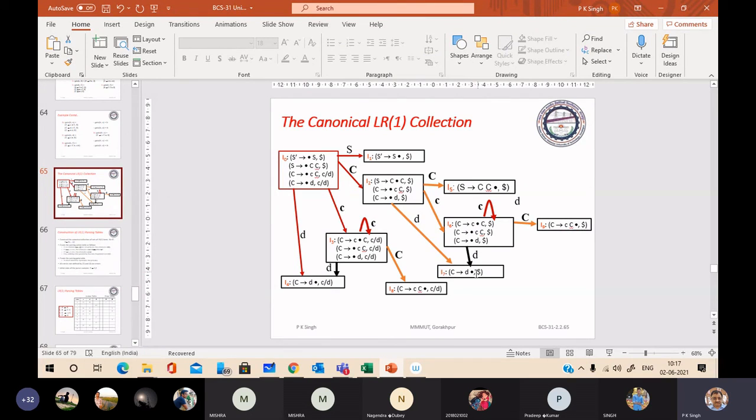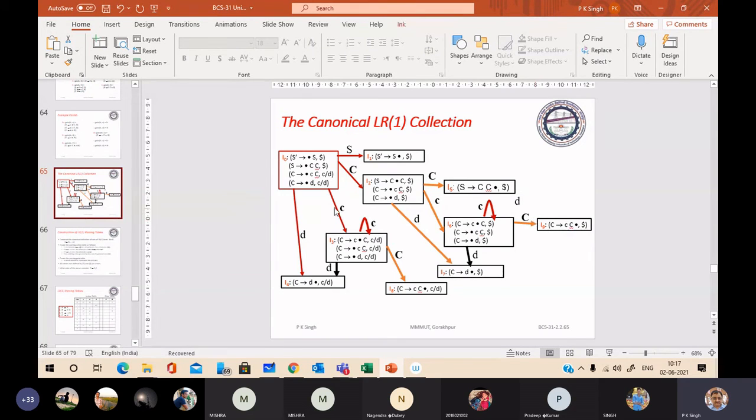Difference is only lookahead symbol. 8 and 9, again same case. So it means on the same core of an LR0 item set, you may have several item sets in LR1, only with the difference of lookahead symbol.